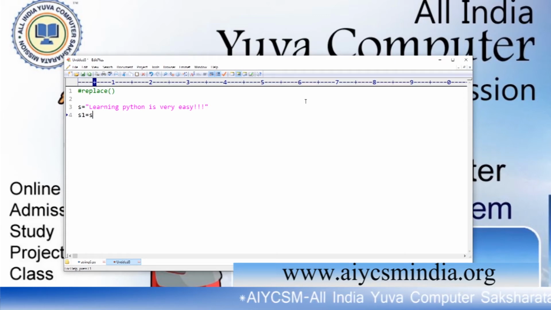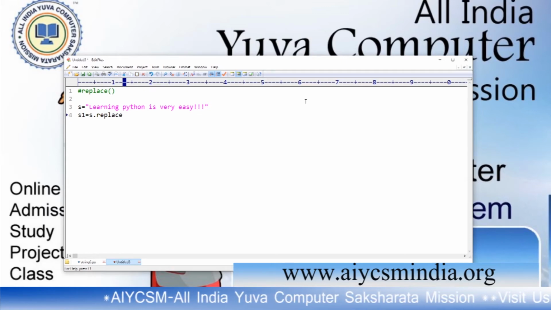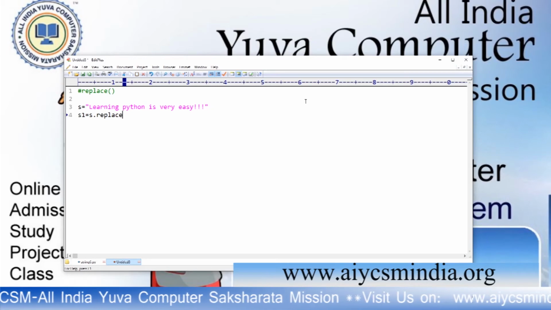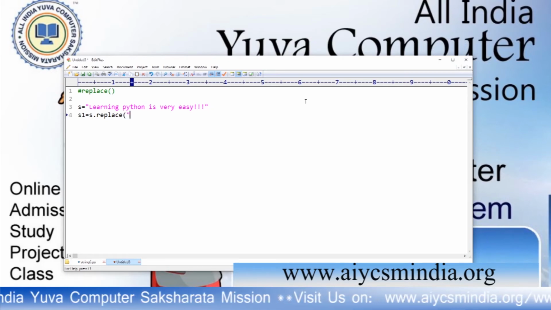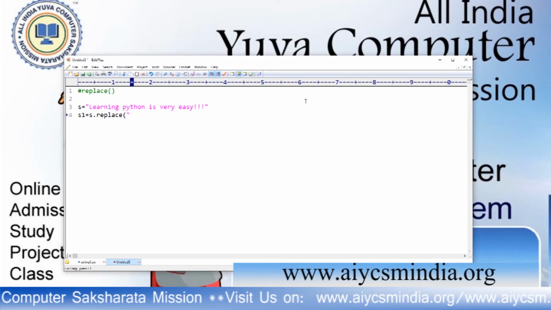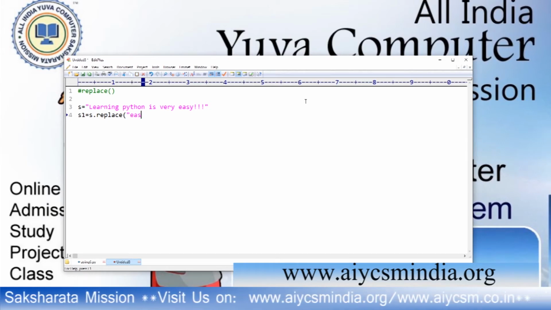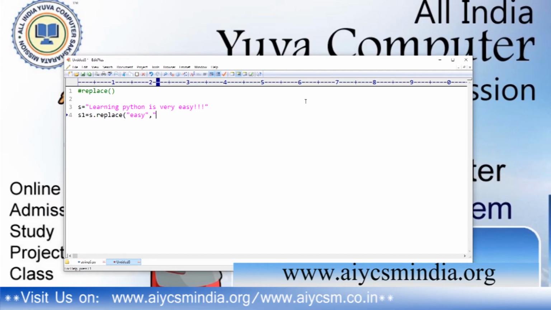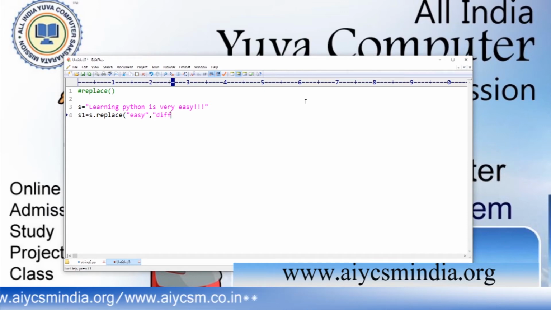S dot replace, I want to replace the value easy, this is the old value, with difficult.